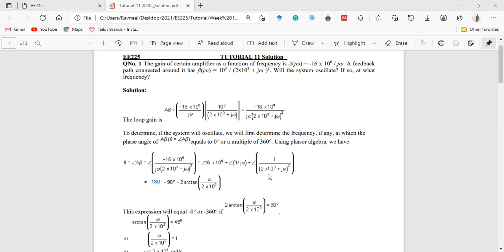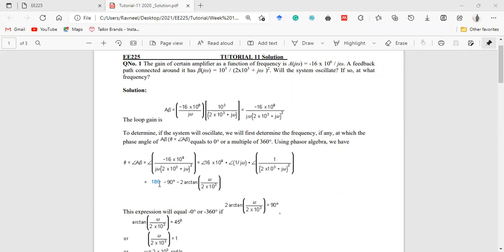complex number, it will be equivalent to the imaginary part, that is omega, upon the real value, that is 2 times 10 to the power of 3, right? So we have the angle formula over here. Now what we need to do is find the unknown variable, in this particular case omega. Remember, the angle of A times beta should be equivalent to 0 degrees, right? So if we equate this whole term to 0, and the other side is 0,